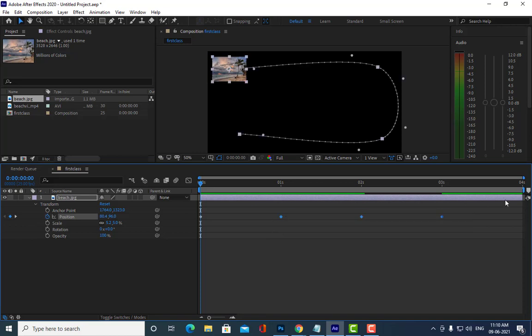Let us say I want the animation to play till the end, so you can extend the keyframes like this. Are you all getting my point? Yes, sir. You must be knowing these things in Premiere also, because all of you have completed Premiere. So I think in Premiere also you may have worked on these keyframes, right? Yes or no? Some of you. Yes, sir. Okay, so it is the same concept here also.